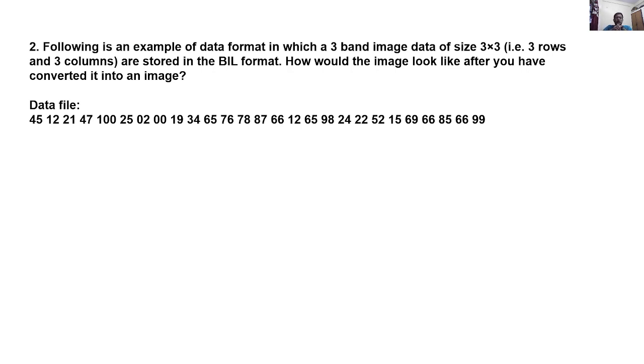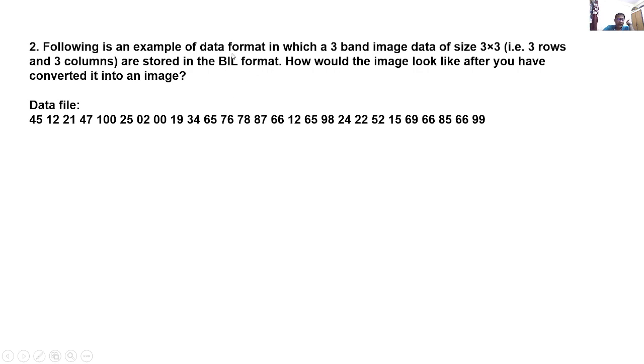Following is an example of data format in which 3-band image data of size 3 by 3, that is 3 rows and 3 columns, are stored in the BIL format. How would the image look after you have converted it into an image? So these are the data files given. So 3 by 3, and there are 3 bands also. So the total number of data values should be 3 times 3 times 3, which is equal to 27. So we do have 27 different data values here, and we want to use the BIL format,